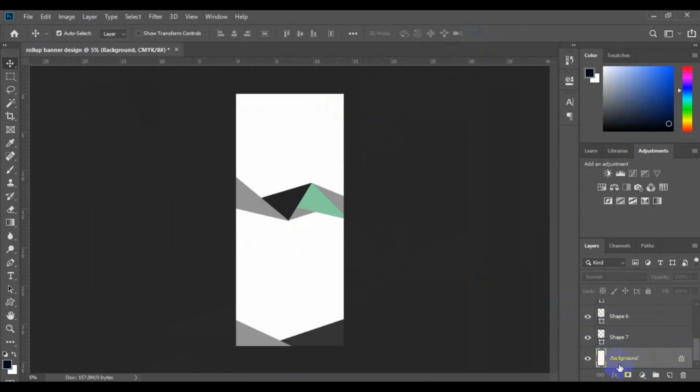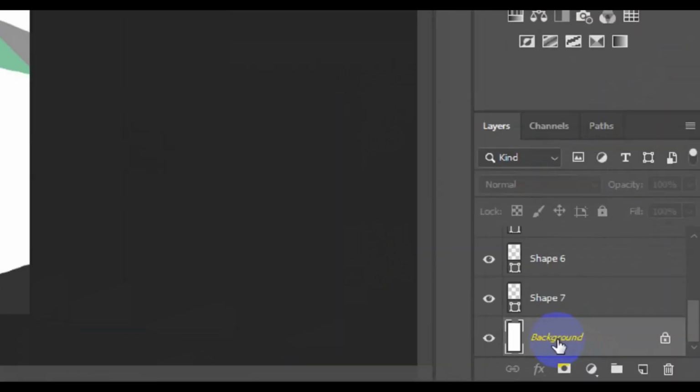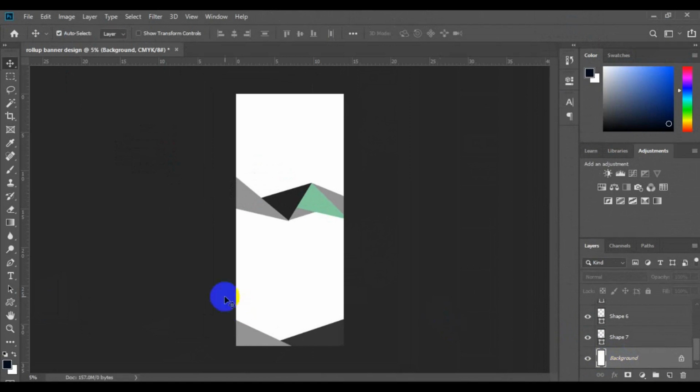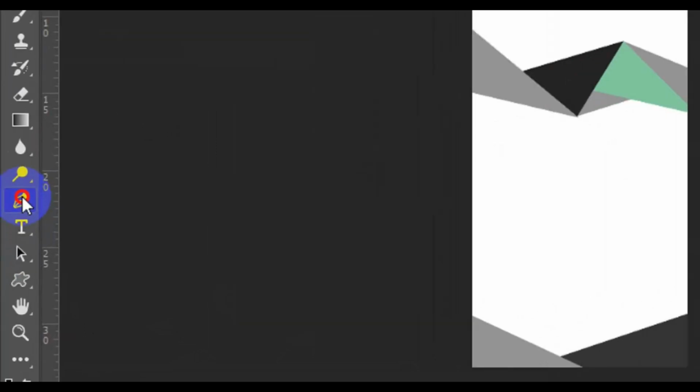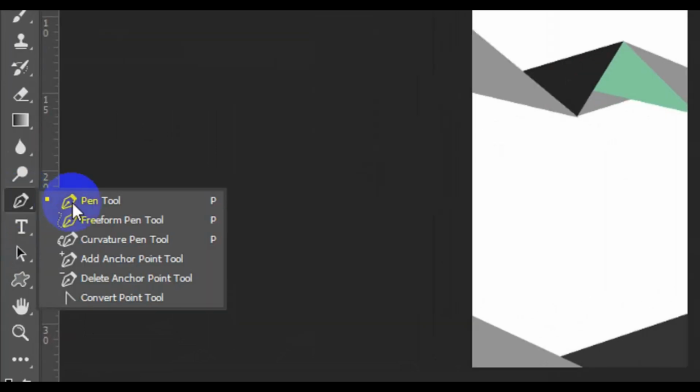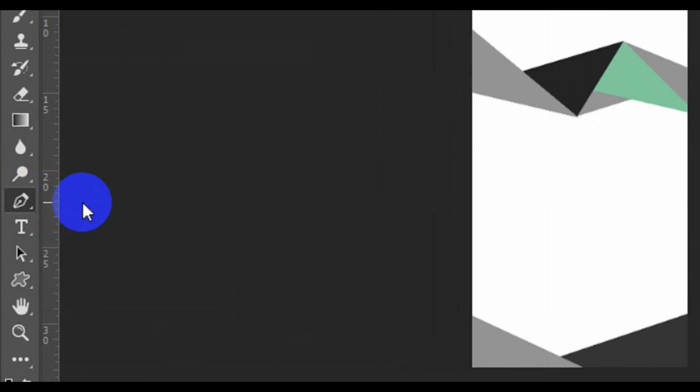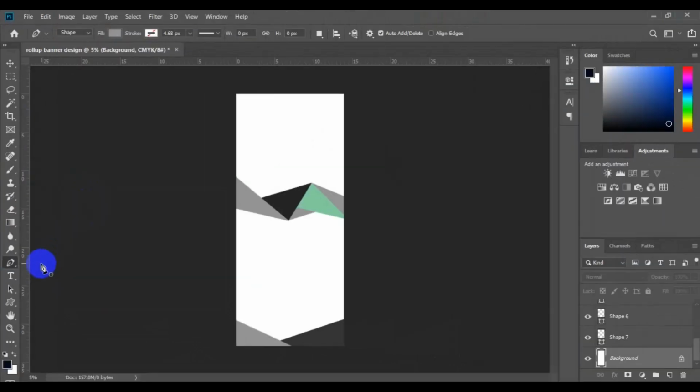Then we have to fall back to our background layer again. So having selected your background layer, we have to fall back to the toolbar. We have to click and hold down this time around and make sure we click on pen tools again. Then having chosen pen tools again, we have to make another path from the top right here. So we make,